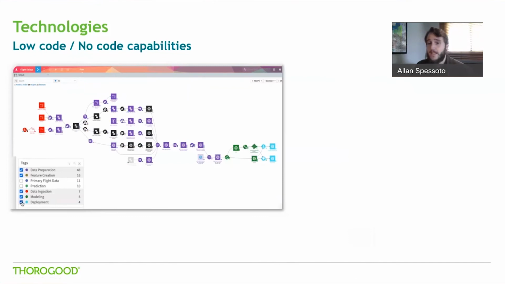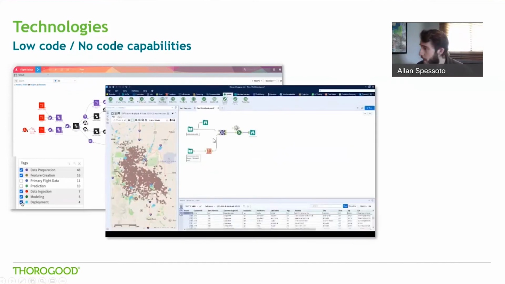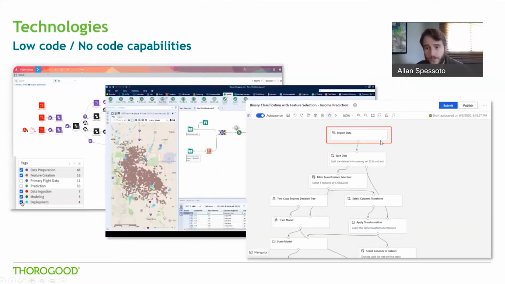Most of these tools, like I said, will offer low code or even no code capabilities sometimes to some degree. Like we see here, this is Dataiku, this is Alteryx, and Azure ML Designer has this drag and drop feature. And they really help users create and test hypotheses much more quickly. But more than that, they help a lot with the interpretability and communication aspects that Scott mentioned before, because things are easily visualized, and that really helps to foster that culture of experimentation and build up the confidence to incorporate these more advanced techniques into your business.